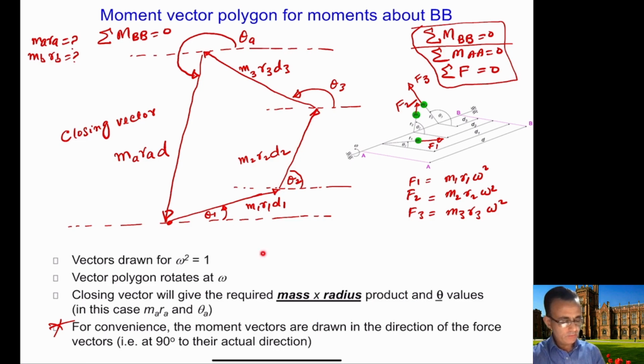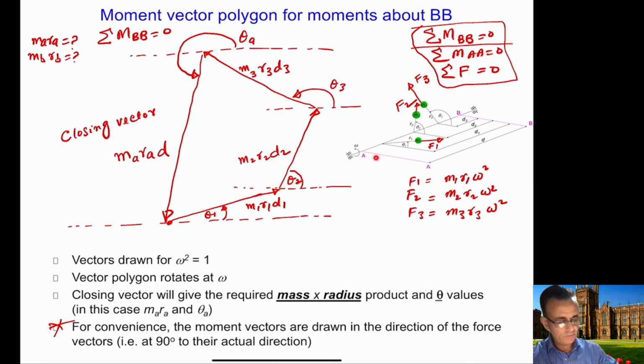Okay, so now we managed to calculate MARA. Now the second part that we need to calculate is MBRB. To calculate MBRB, we can do a similar moment polygon by taking the moments from the